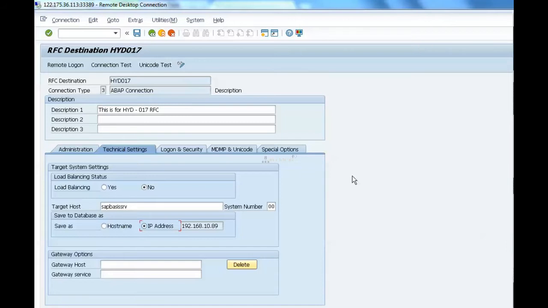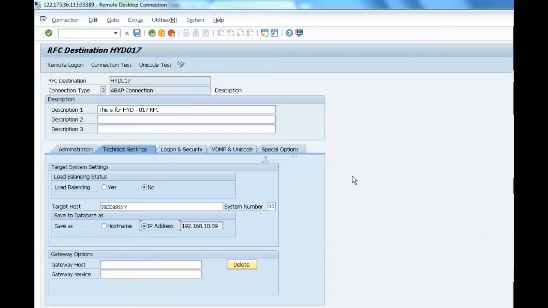In this screen, BOI SAP. But here we didn't get any message server option. No, here we will not get message server options.